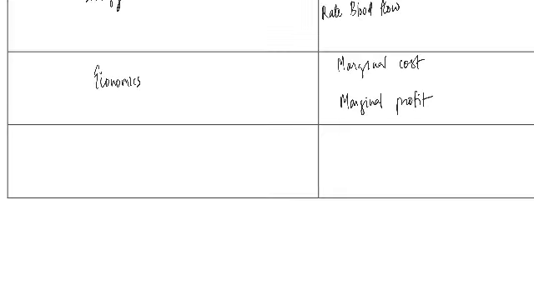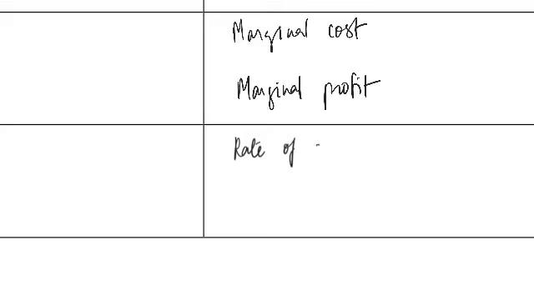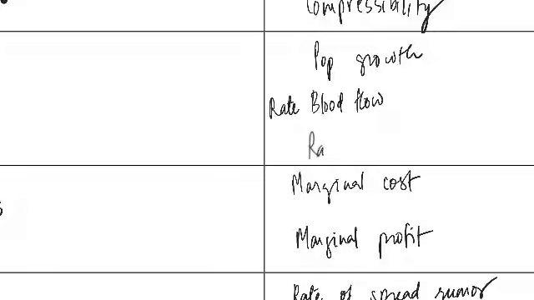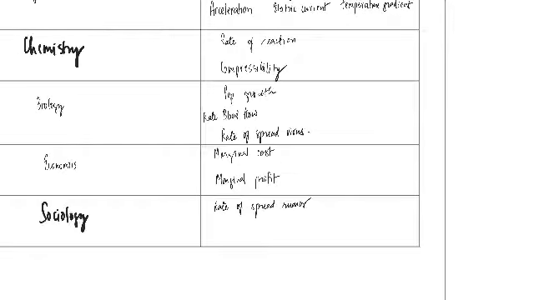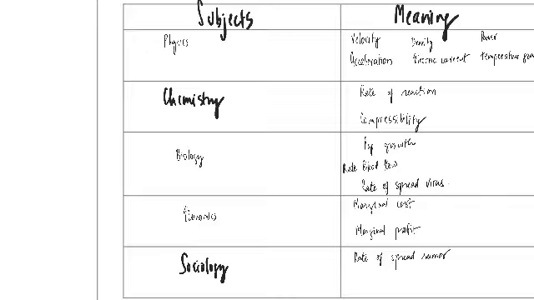And even in things like sociology, when you're looking at something like the rate of spread of a rumor, that is something you're going to try to model and estimate using a derivative. When we have the pandemic, for example, back here, we could say under biology, the rate of spread of a virus. That's definitely a derivative idea, right? So, anyway, the derivative, back to the beginning, is an incredible tool, absolutely changed the world, and it's just